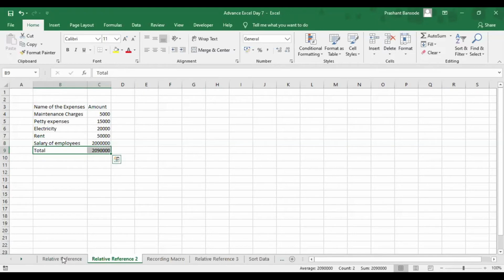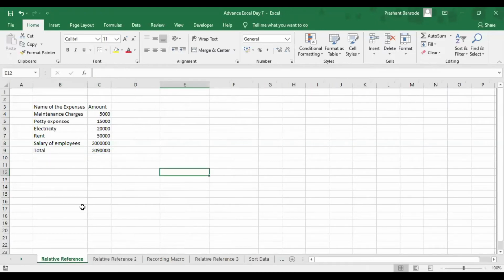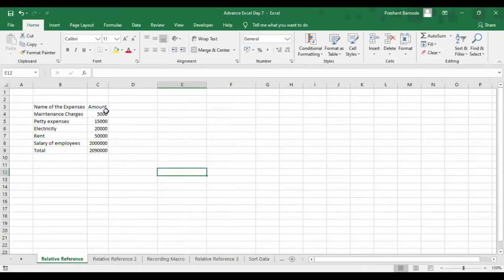So I want to save my valuable time. I do not want to waste my time, and I would instruct Excel, or rather VBA, to do it on my behalf. So how to do it? Let's run a simple macro, which we are going to call record macro.